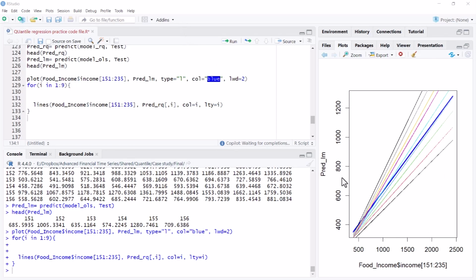Now, of course, you would understand the difference: when you are using actual values, the actual values may come from different quantiles of income. For example, those who have low income and low expenditure, those quantiles also, and high quantiles. So it's a mixed bag. When I compare them with the predicted objects, you can appreciate that there will be differences. Those lines from lower quantiles would fit better in the lower segment, while those in the upper quantile would fit the upper part of the data, and therefore the overall picture cannot be consolidated with one simple average mean line.